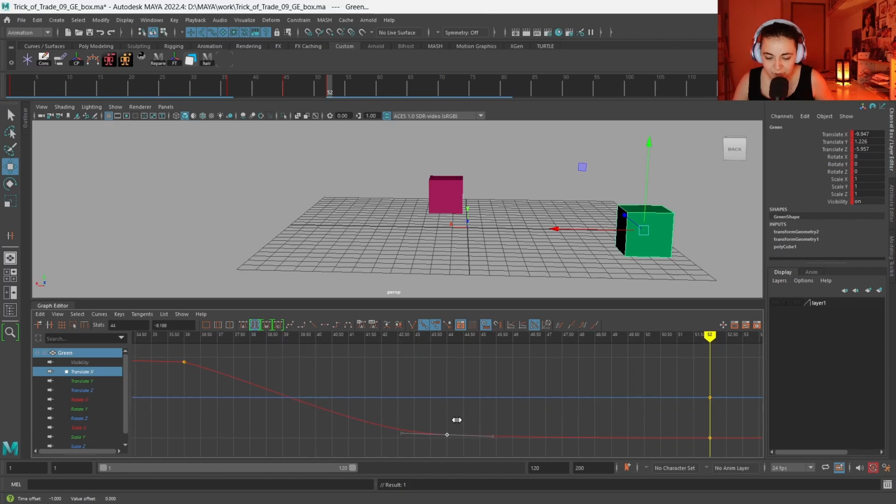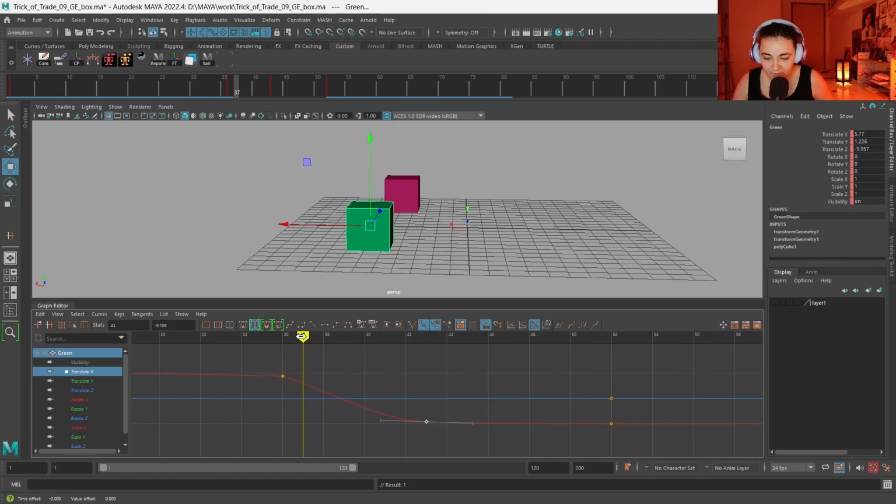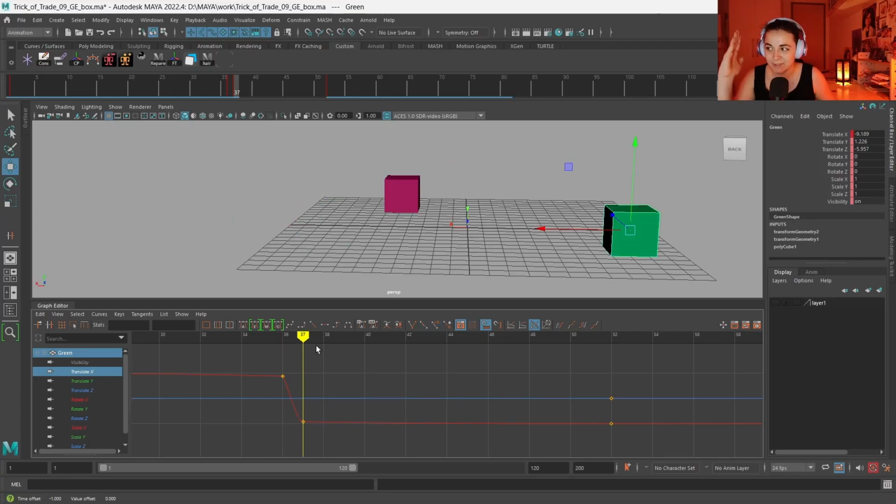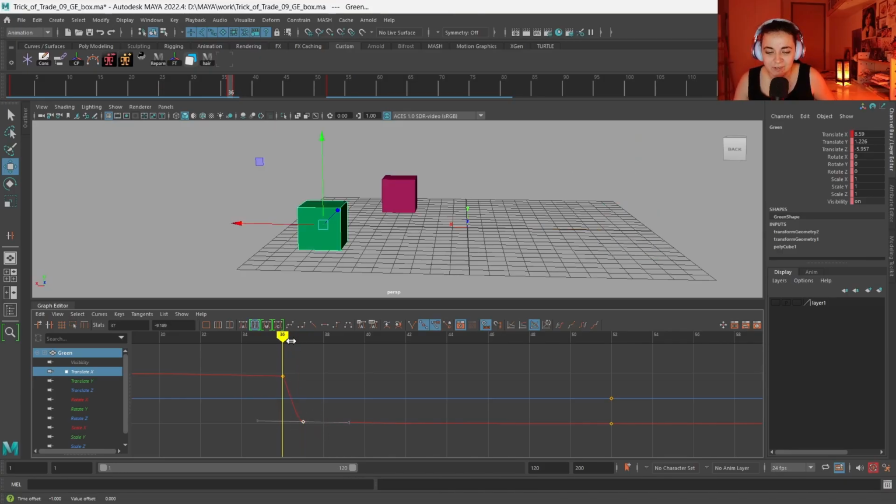We can even push it further, and by pushing further, we can make something really fast, because now you have only one key for our cube to go, boom, boom. So it's super fast. So remember something very, very useful. This will literally teleport you. So whatever is perpendicular, like 90 degrees down, that will be as fast as something can go in a graph editor, okay? But this is already not animation, this is already teleporting, so at least leave a key or two